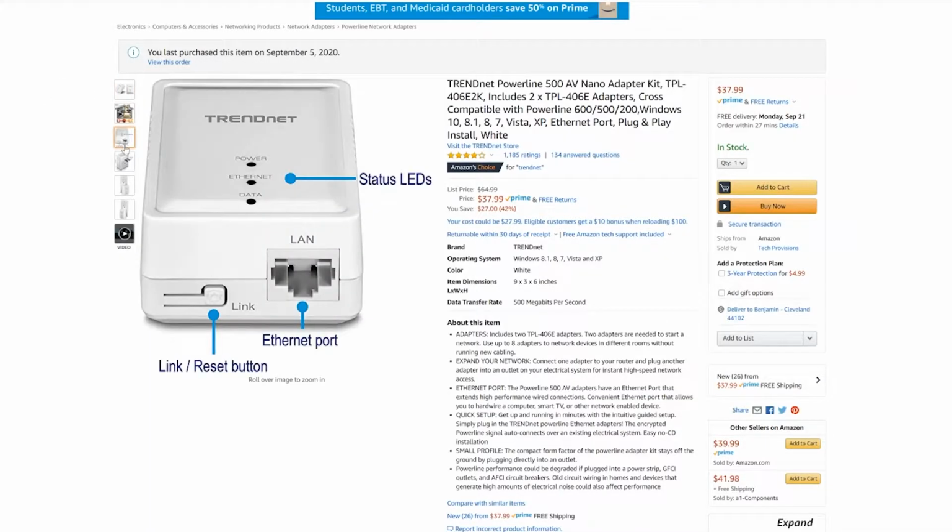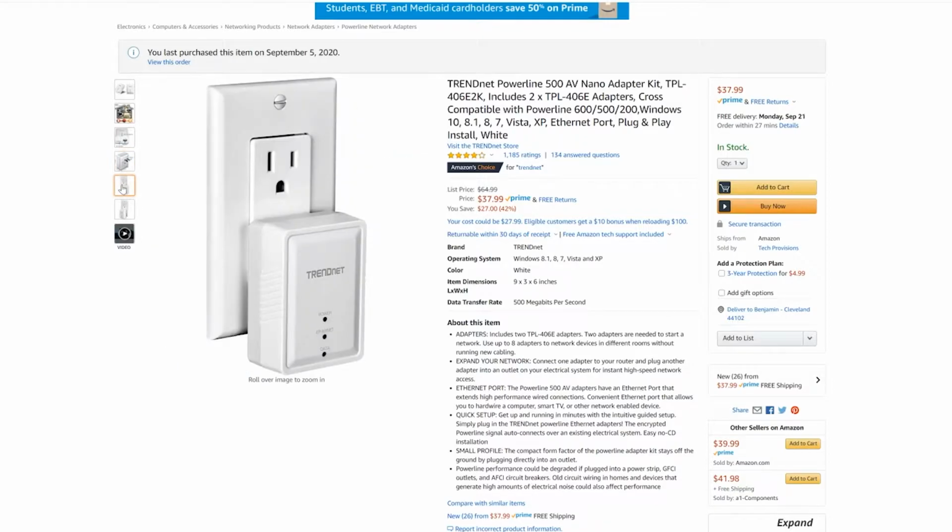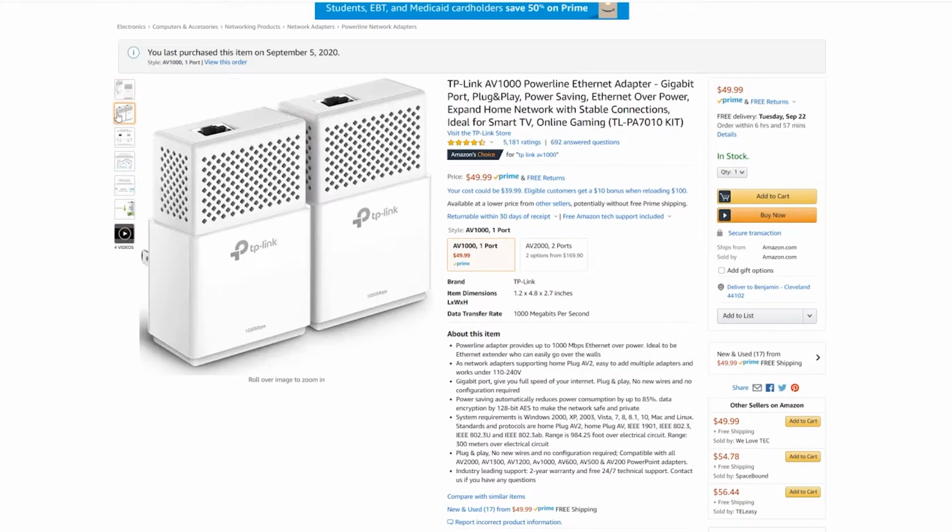Extending the Wi-Fi wasn't going to work for me, so I started pricing out what it would cost me to buy a big spool of Cat5 Ethernet cable to run through my walls, under the ground, and into the shed, but then I stumbled upon Powerline networking adapters. I bought 2 different pairs of adapters off Amazon for less than what it would have cost me for a spool of Cat5 cable. All I did was plug one in near my router and the other one in an